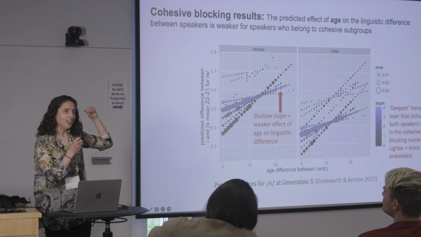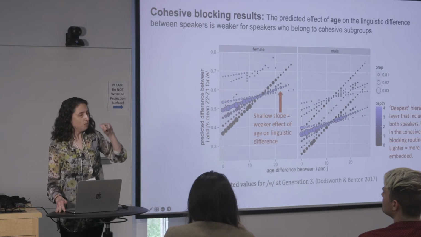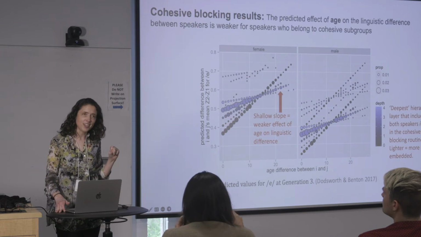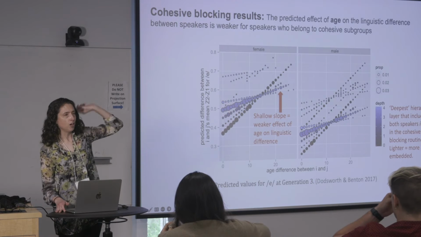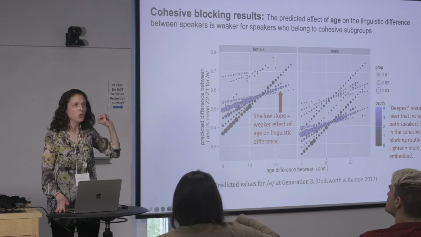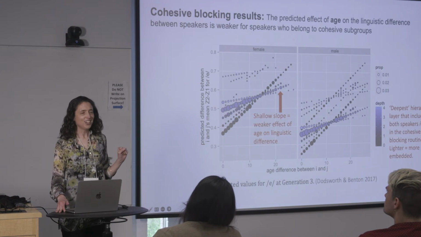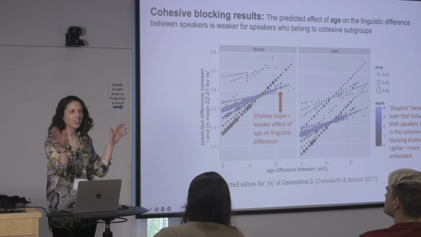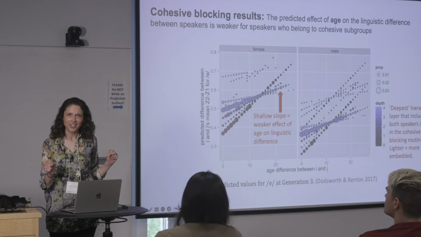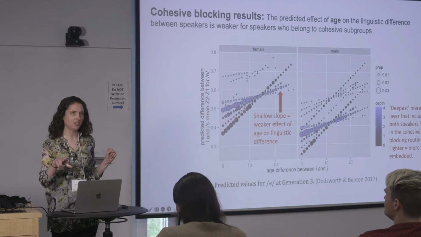Now, what that additionally means is that, yes, younger people in the middle of Raleigh are retaining the Southern vowel system to a greater extent than people of the same age in far-flung North Raleigh, right? If you're wondering, by the way, is that a function of who your parents are, how your parents talk? No, it's not. I should have said that earlier. That's a thing that we kind of know in linguistics. It's how you talk is mostly not about how your parents talk, right? It can be if you're homeschooled, right? But mostly it's not. It's about your peers, more than you would think.